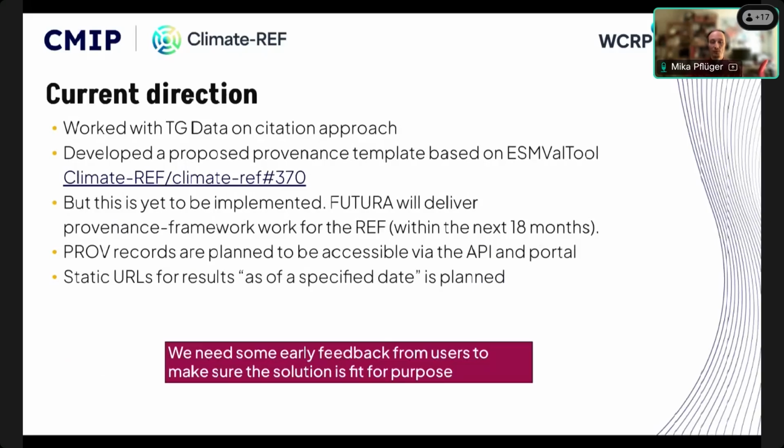And also we hope to implement static URLs for results as of a specific day. But it would be very useful to get early feedback now to make sure that the solution is fit for purpose. So there are some questions around what exactly do you want to cite? What should the provenance record be pointing at specific